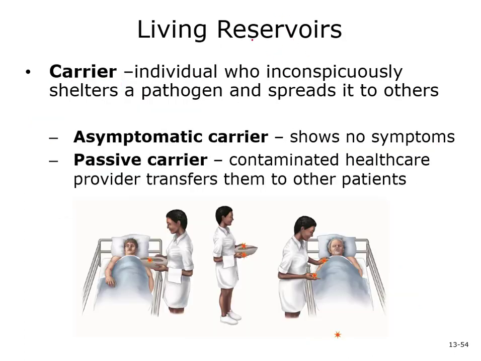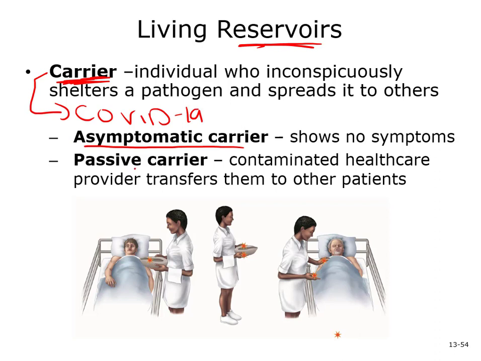Many times with human diseases, humans are also the reservoir. They're actually the carrier. So a carrier is any person that's spreading a disease to other people. A lot of times, the carrier that has the pathogen doesn't even know that they're carrying the pathogen. You might have been hearing this before with the current COVID-19 pandemic. You might have heard of asymptomatic carrier, which is an individual that's not showing any signs or symptoms. They don't even know they're sick, and they're able to transfer the disease to others. This is one of the most dangerous types of carriers because these people are living their normal daily routine and they don't even know that they can transmit this disease.